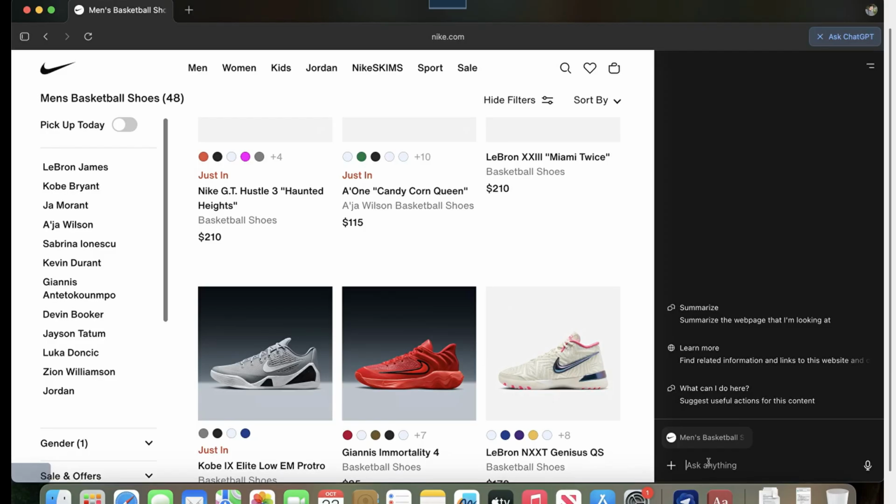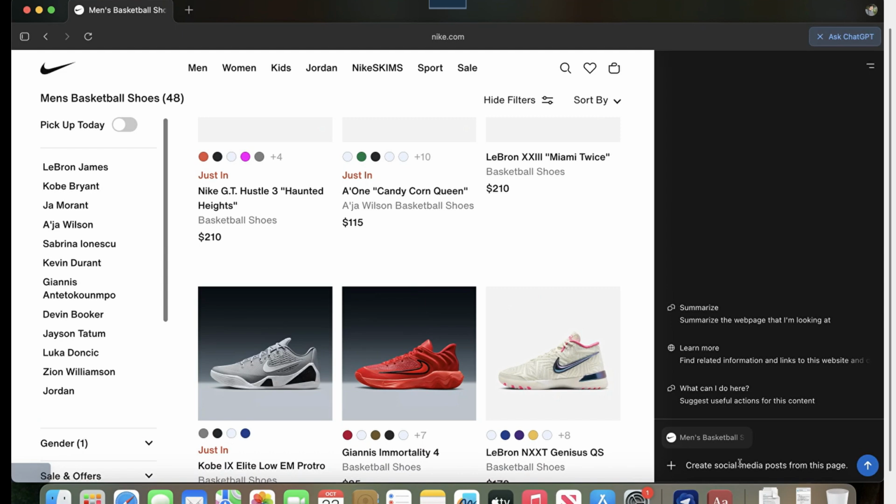Now, it's time to craft your prompt. In this case, you'll want to instruct ChatGPT to create social media posts from the page you're currently viewing. Be sure to articulate clearly what you need. The format here is: create social media posts from this page. By doing so, you provide the AI with a direct command that's easy to interpret, ensuring the most accurate and